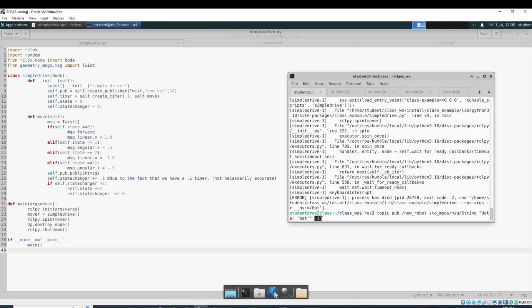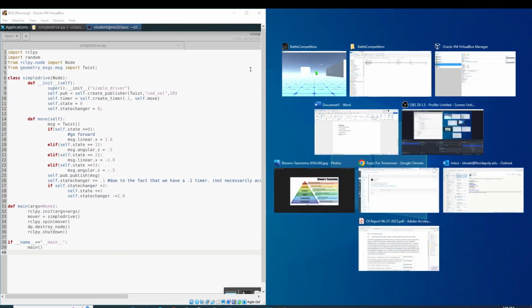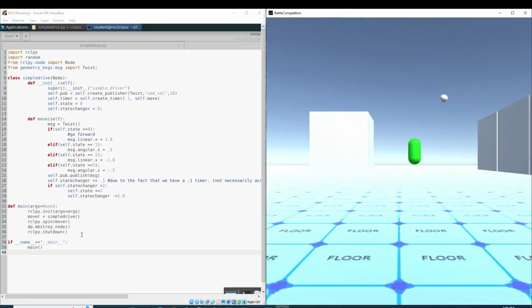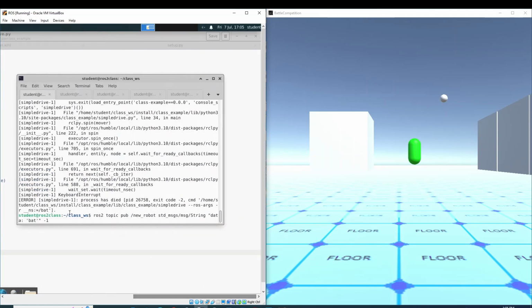Then at the end, you need to have -1. This says send the message only once. So let me see if I can do this so it splits the screen. So if I hit enter,